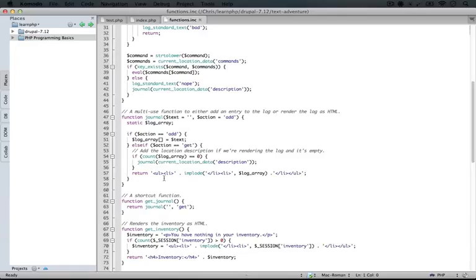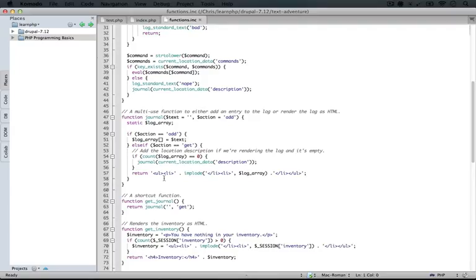Now putting all of your functions in a single file makes it something called a library. This means that other scripts can include this file to get access to all of the functions in the file. And because all of the code is encapsulated inside of functions, none of it is going to run until the script explicitly calls one of these functions. In general, it's a good idea to put your functions in a separate file so that they can be reused by other scripts if they need to be.